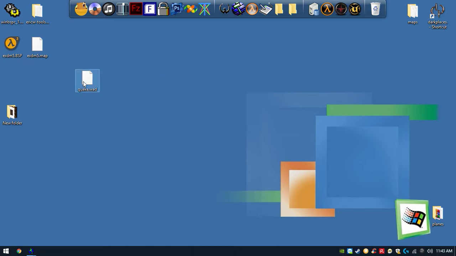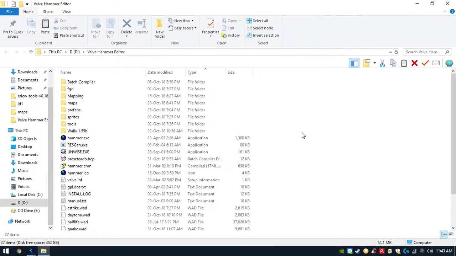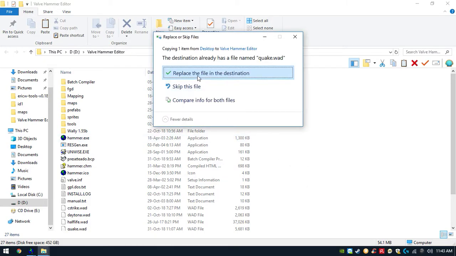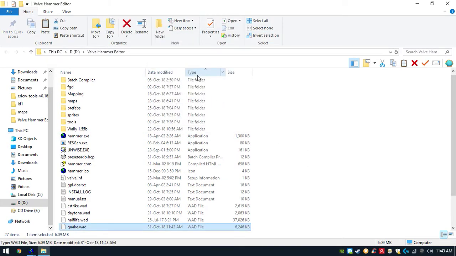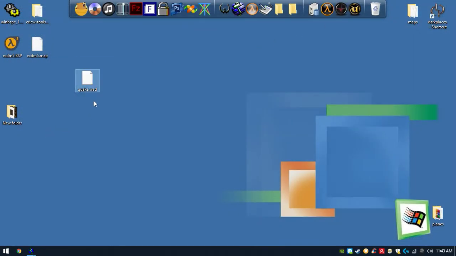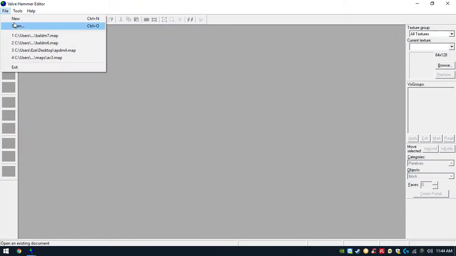So we're going to copy this because I have my Valve Hammer Editor here configured. I'm going to override. Don't worry guys, in my next videos I'm going to teach you how to configure Valve Hammer and how to make maps. But once I have the map and the WAD inside the Valve Hammer folder, what you're gonna do is just delete this BSP, delete the folder here. We're gonna have just the map file. We're gonna open now Hammer. We're gonna open the map,